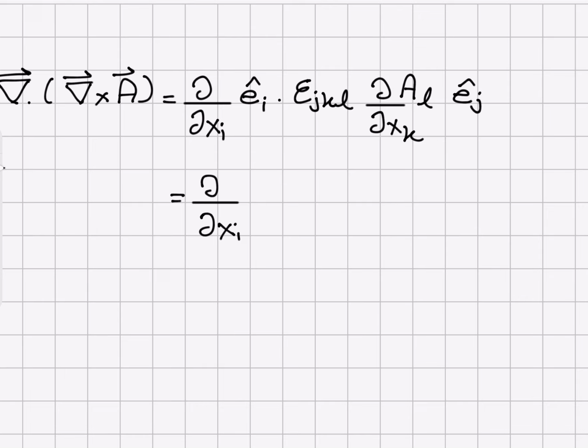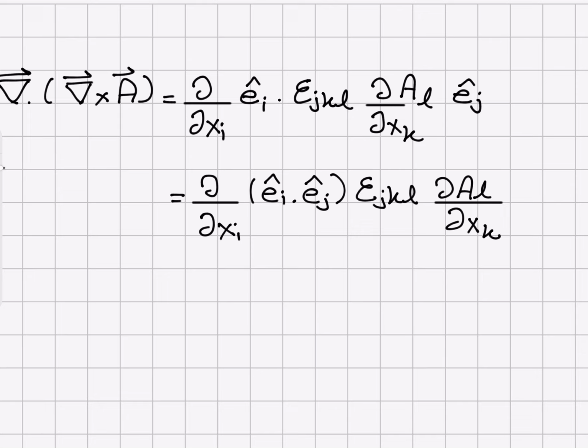So we're going to take their dot product, ei hat dot ej hat, epsilon jkl del al del xk. Now we know that ei hat dot ej hat is Kronecker delta. So this is epsilon jkl Kronecker delta ij del xi del al